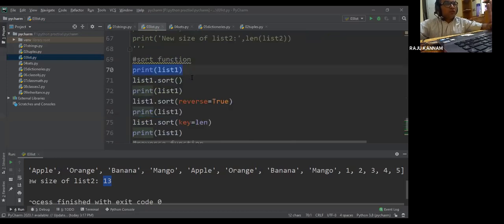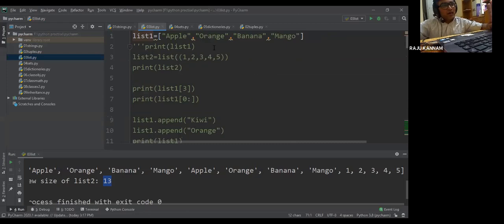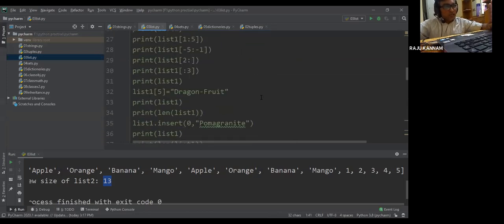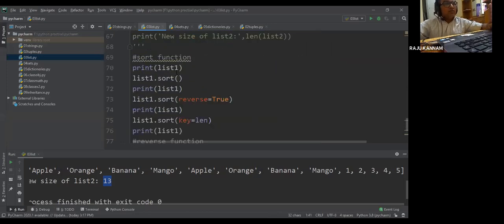Those 4 elements I want to sort. That means the elements are not in alphabetical order. I want to sort it. For that you have the method called sort. The sort method will arrange the given list in alphabetical order.